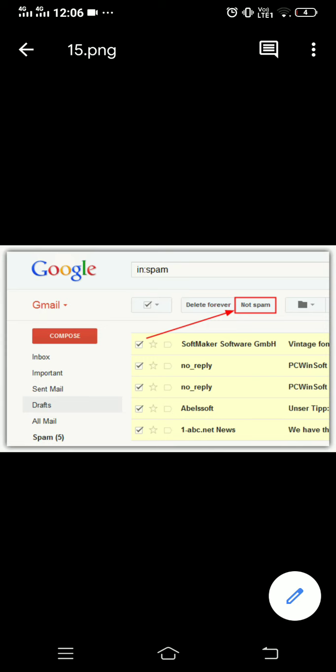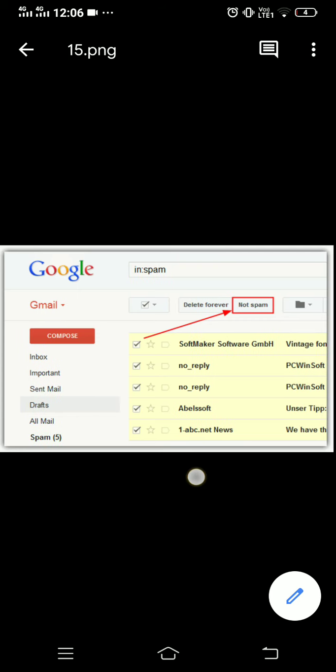Why are they sent? For the purpose of advertising, spreading malware, phishing, hacking, and all sorts of irrelevant purposes. So we also open our spam folder and delete all these useless mails.